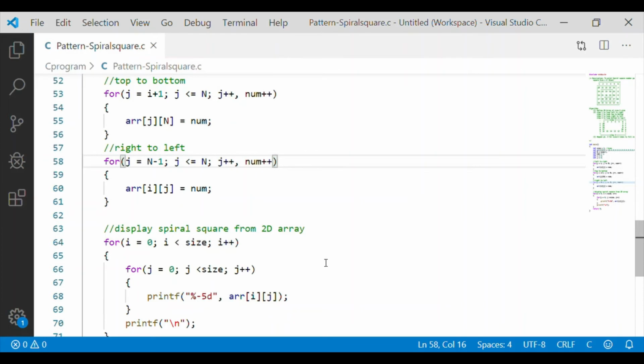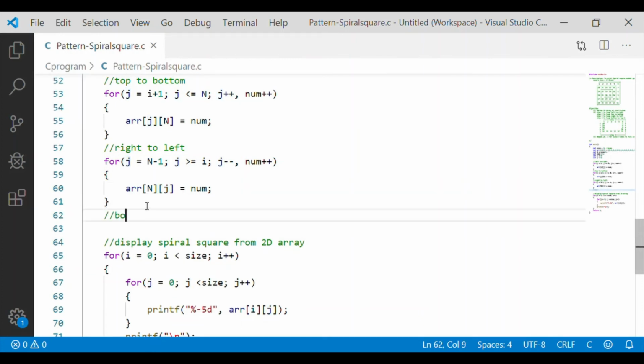Without disturbing it, we have to start from n minus 1, and it shall continue while the value is greater than or equal to i, which is 0 here. In this case, the varying value is the second dimension of the array, whereas the first dimension is fixed and it's the last row, hence array of n of j is used to fill the value stored in num.